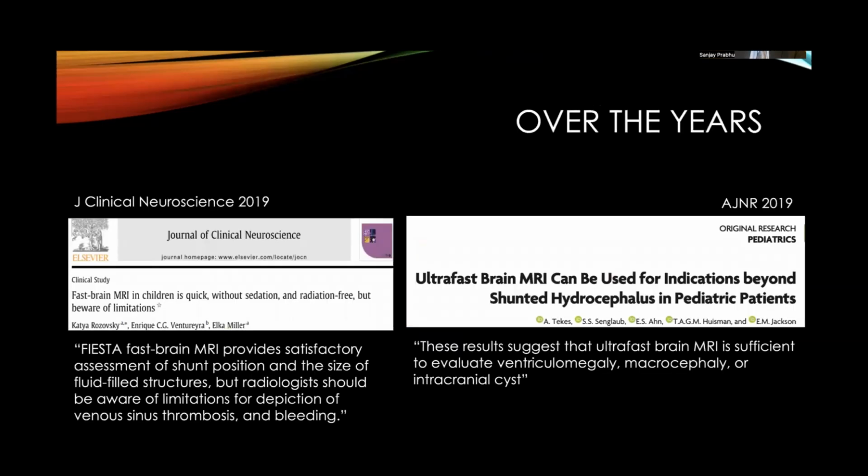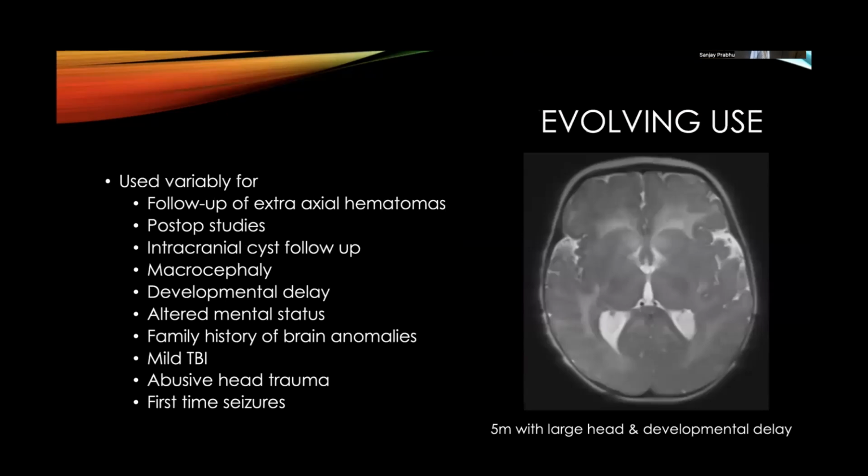But over time, patients have been imaged for conditions other than hydrocephalus, for example, macrocephaly, intracranial cysts, etc. But most of these studies in this area suggested that radiologists should be aware of limitations for depiction of venous sinus thrombosis and bleeding and other subtle abnormalities. However, over time, many radiologists have been using it for conditions ranging from follow-up extraaxial hematomas, post-op studies, to altered mental status as a screening study for patients with brain anomalies in mild traumatic brain injury, abusive head